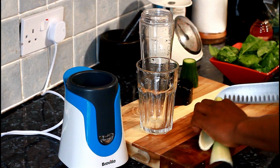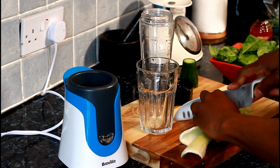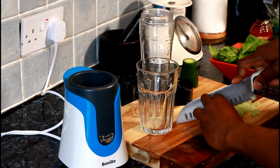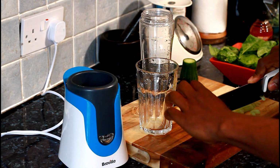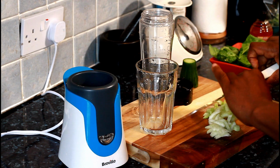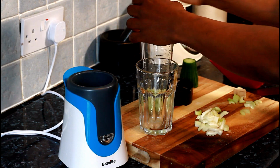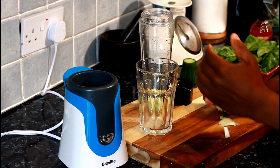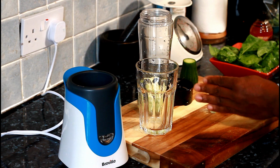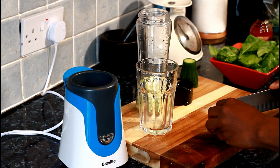We got some celery. So first thing, cut up your celery. So once you put your celery inside of the blender, like what you see I'm doing right here, put a piece of ginger